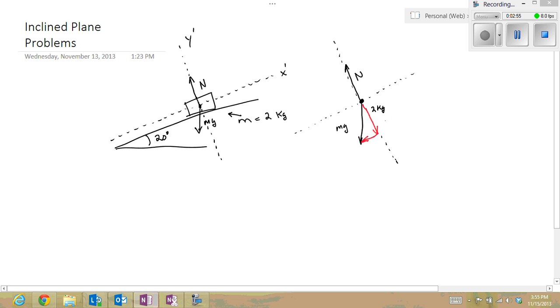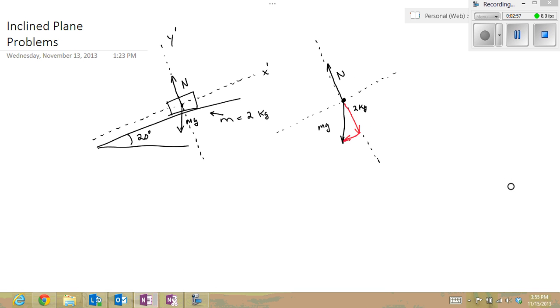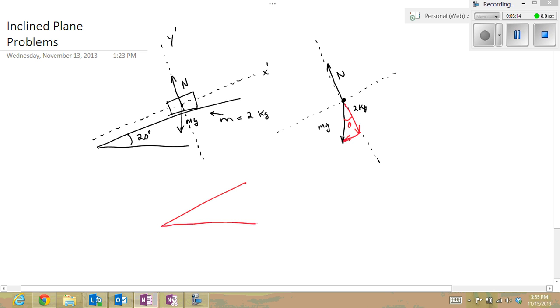That triangle forms a right triangle. Now the question is, what is this angle? If I put in an angle theta here, how does that relate to the angle of the plane? So I'm going to do some geometry here. If I go back to my original plane, if this is an angle of 20 degrees, and I have my original force vector pointing straight down, you'll notice that that forms a 90-degree angle there,